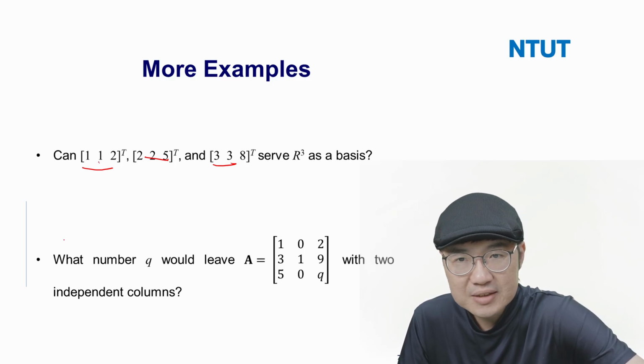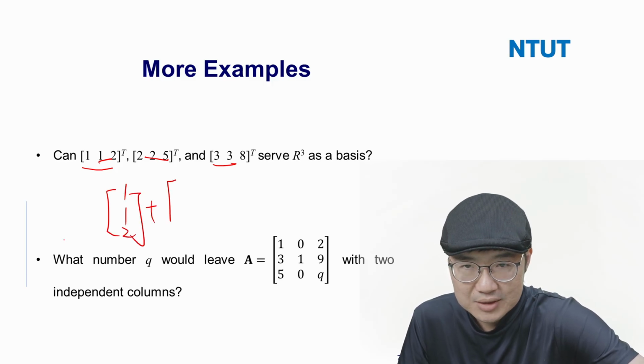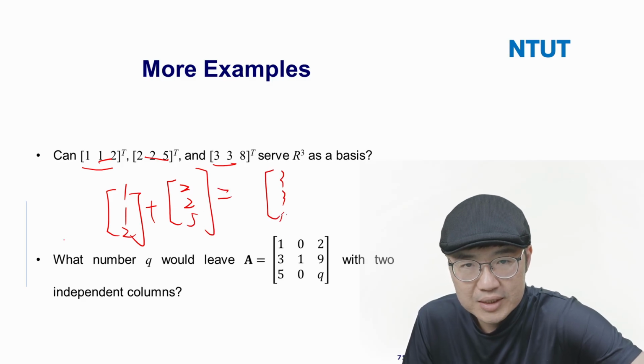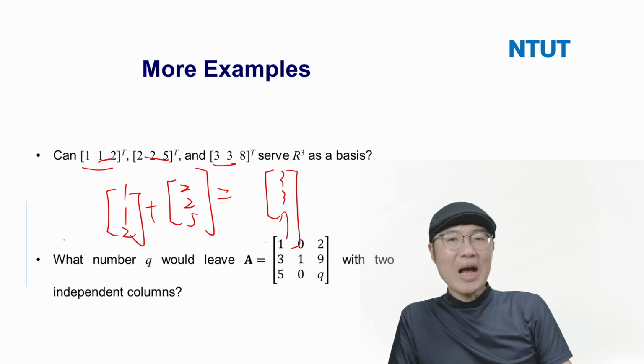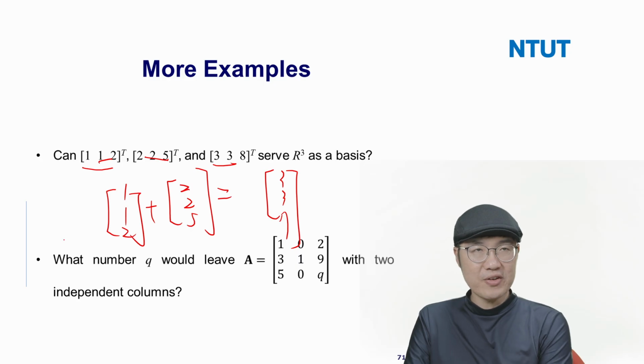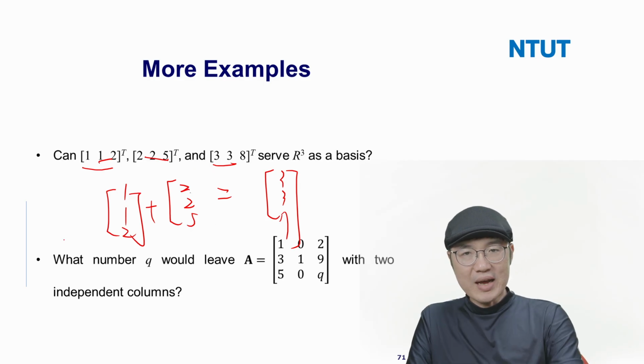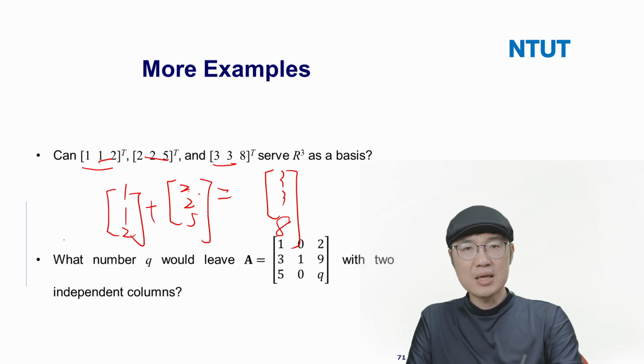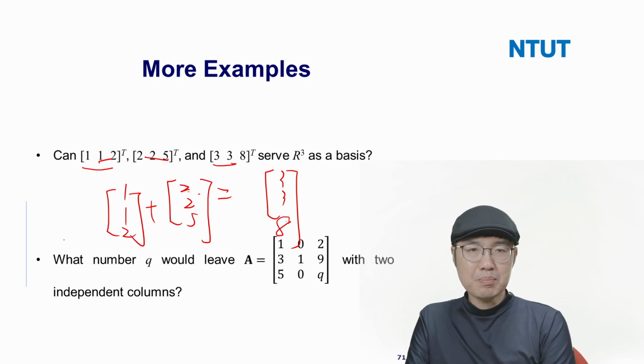I designed this vector because (1, 1, 2) plus (2, 2, 5) will be (3, 3, 7). So it would be obvious if I assign (3, 3, 7) as the last vector, and clearly (1, 1, 2), (2, 2, 5), and (3, 3, 7) are dependent. If I change the last entry purposely, adding 1 to make 7 be 8,